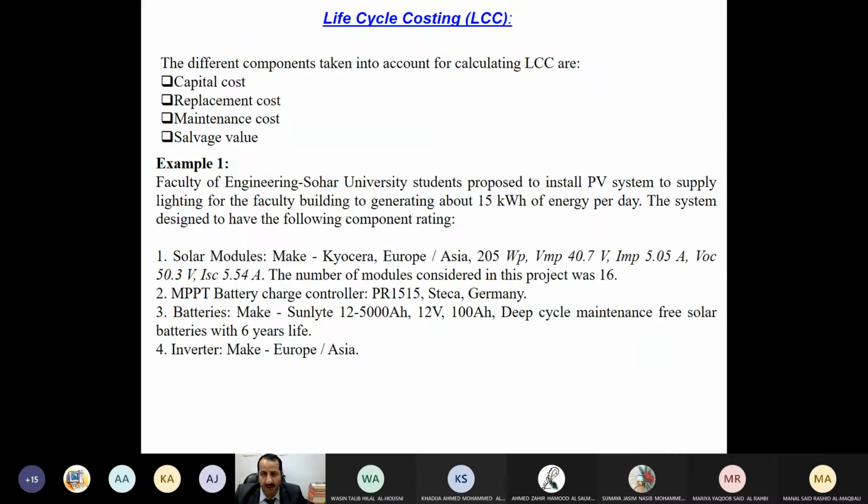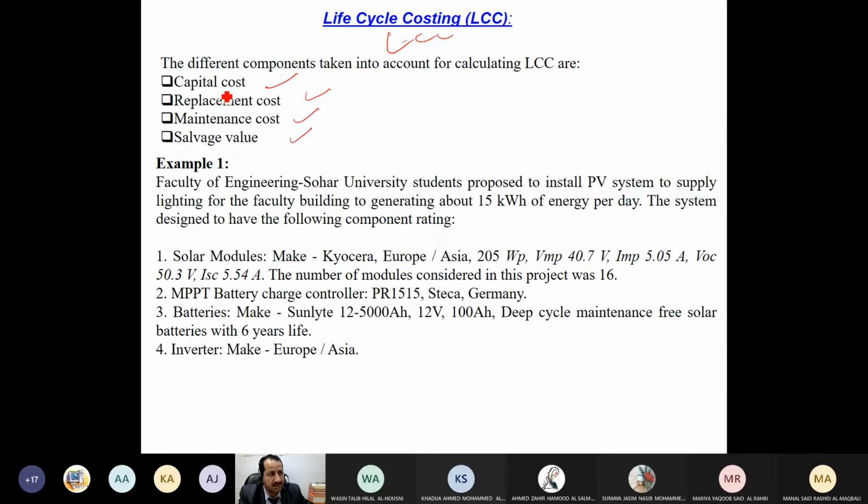Okay. Now we stopped last session with life cycle cost. As an engineer, whatever your specialty, you're going to work on projects. Part of the project is not only the technical aspects, but also the economic aspect. You need to check the cost, your cash flow, cost of energy, payback period, this stuff, I mean, cost effectiveness and so on. So for life cycle cost, LCC, we will focus on the capital cost and replacement cost,